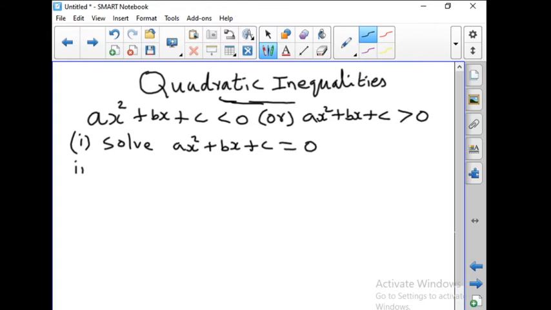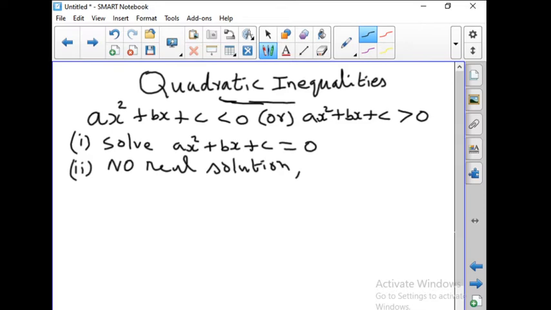When you solve this, you will get solutions for x, or roots or zeros of x. If there is no real solution,